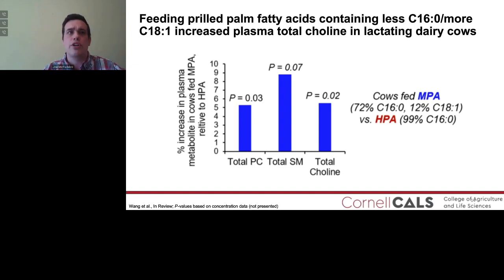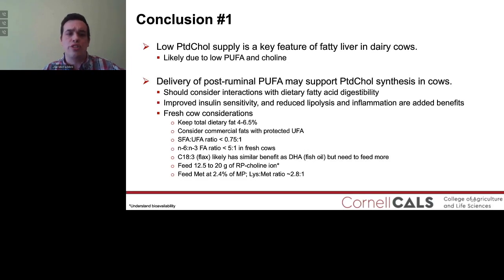So to end, for conclusion one, low phosphatidylcholine supply is a key feature of fatty liver in dairy cows. Right? It's likely due to low PUFA and choline supply, that definitely in situations where post-ruminal availability of PUFA and choline are limited. Delivery of PUFA, protected PUFA, that are protected from rumen degradation could potentially support phosphatidylcholine synthesis in the cow. We should consider the interactions, though, with fatty acid digestibility, which I'm not going to get into at